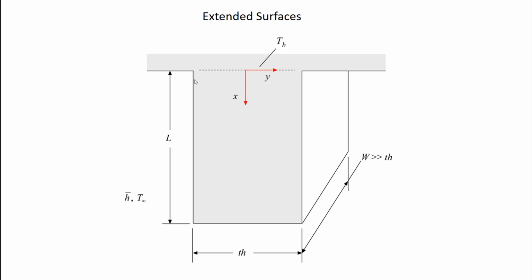So we'll attach a piece of metal, in this case a rectangular piece of metal, to the wall, and what that does is if the metal is conductive enough, it gives the convection process a lot more surface area, because now instead of just having this amount of surface area to convect from, it has both sides of this and maybe even the tip to do convection from. So that's a fin. If you think about this problem, this is a problem that is absolutely not a one-dimensional